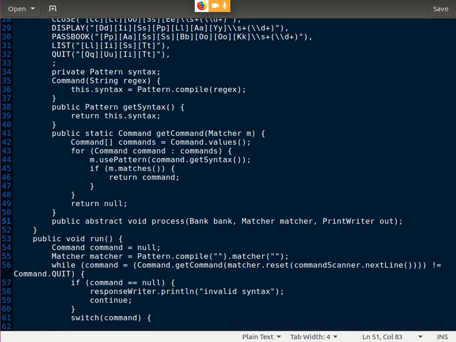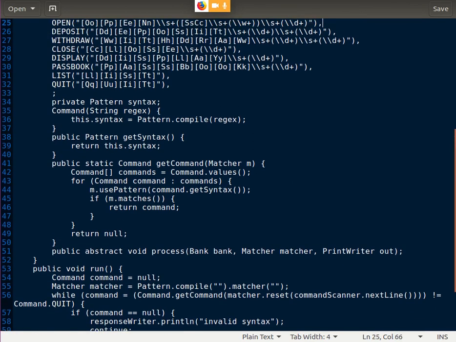We don't need the input stream or the scanner here, because that part is already taken care of in the while loop. The command scanner's purpose was reading the command, and this is not going to do that, but this one has to give an output. It needs to operate on a bank, and it will need to find out the various parameters which have been captured in the matcher object. Okay, so these three. Fine. So if this is what we have, then